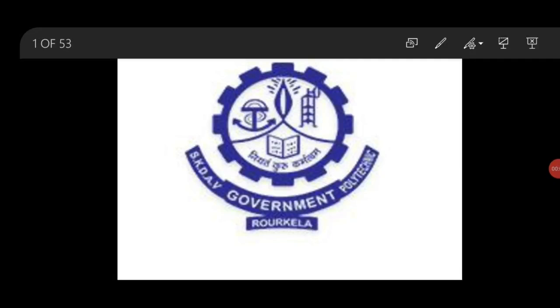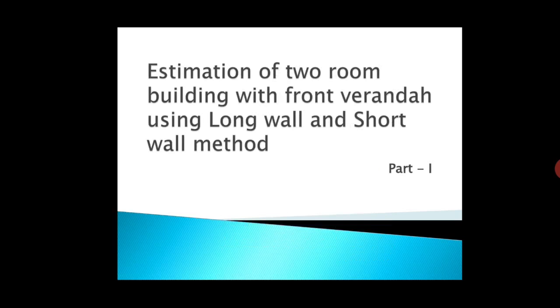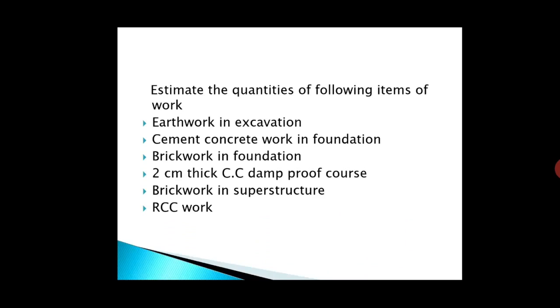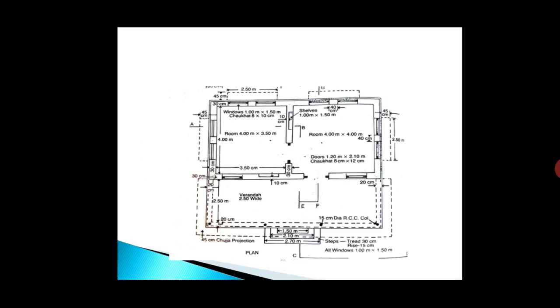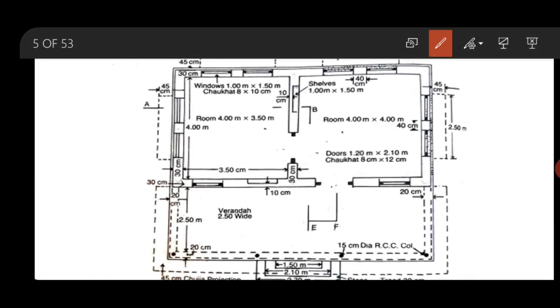Today we are going to do the estimation of a 2-room building with front veranda using long wall and short wall method. So this is the plan of the 2-room building. You can see here there is a room of size 4 meter by 3.5 meter and another room of size 4 meter by 4 meter and a veranda of width 2.5 meter,